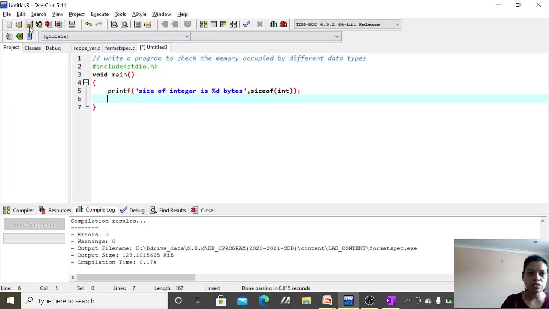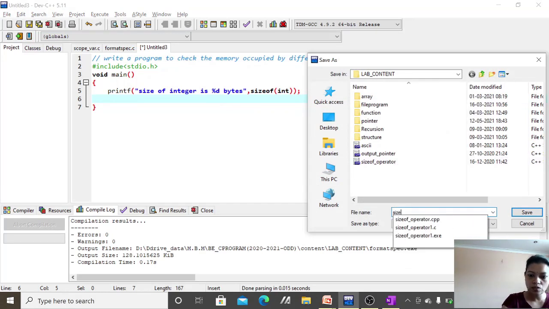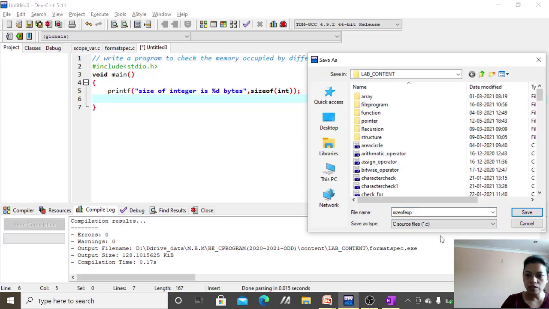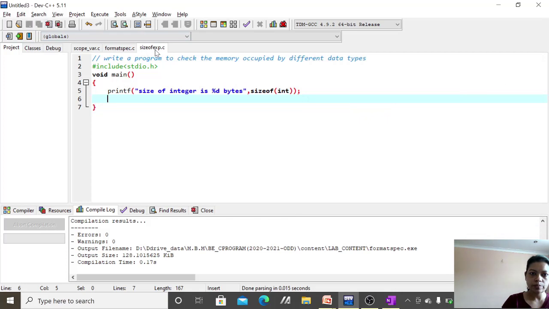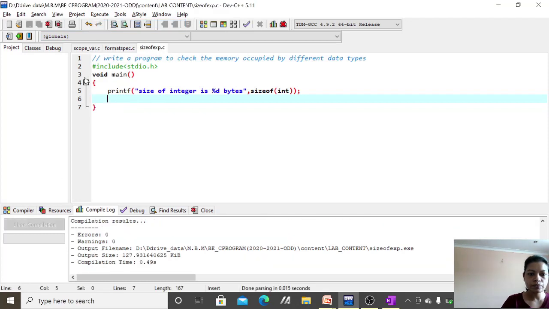So you need to save the program, and that is sizeof example. As this is a C program, you should mention the .c extension. You need to save it, so it appears over here. From here you need to compile the code.